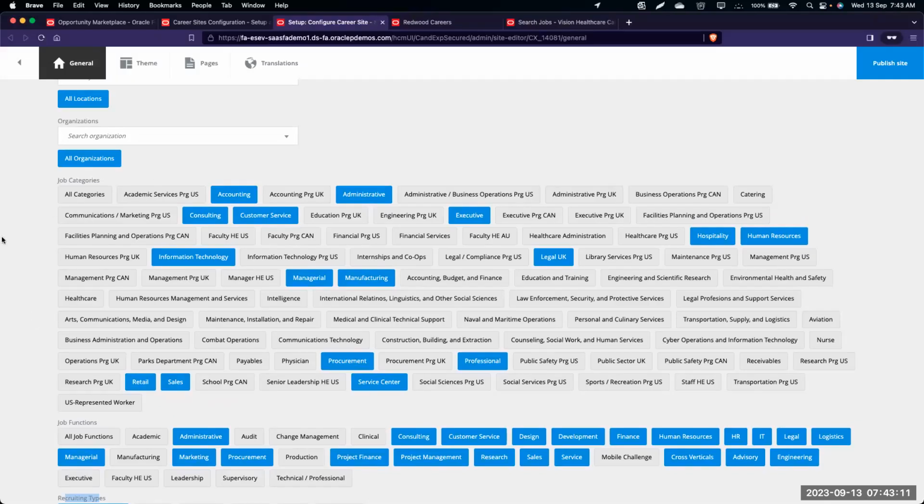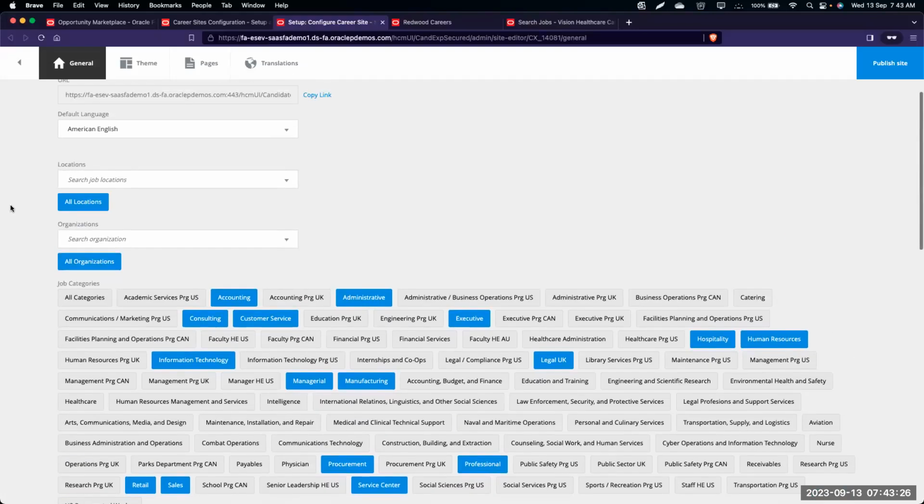For example, for this particular career site, if you see the blue highlighted job category set, any requisitions created with these blue highlighted job categories will be displayed in this particular career site. So you have filters, these are the options. Let's say you wanted separate career sites for different locations. If the customer has a presence in 5 different countries, they can have 5 different career sites, one for each country, and requisitions from that country are posted on that career site. Those kinds of configurations can be done.